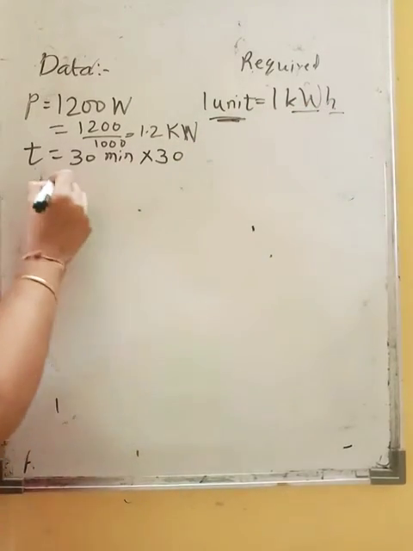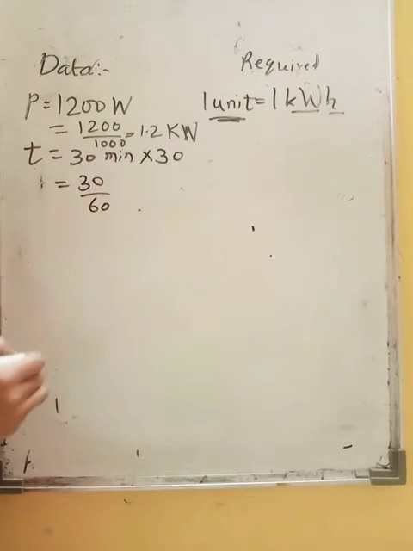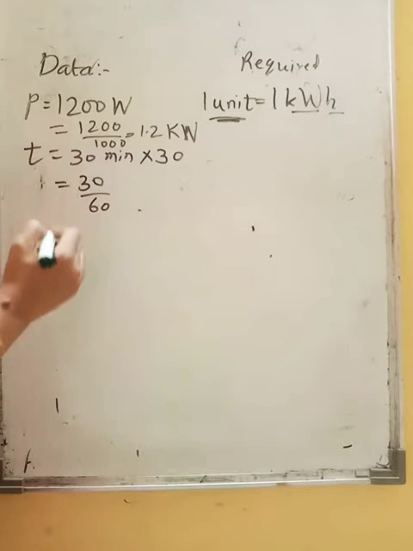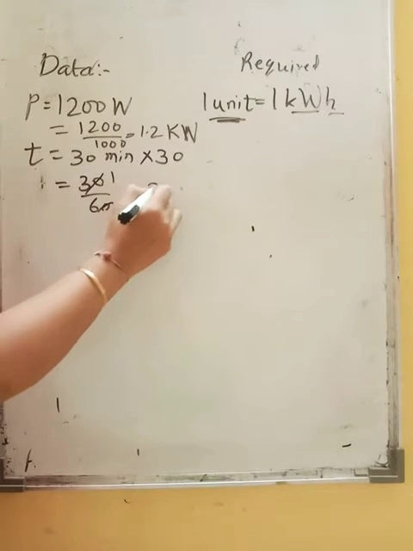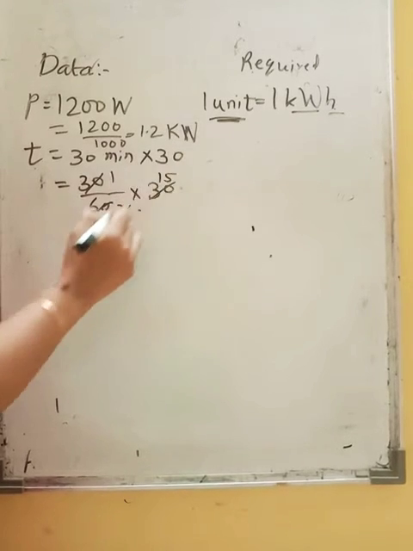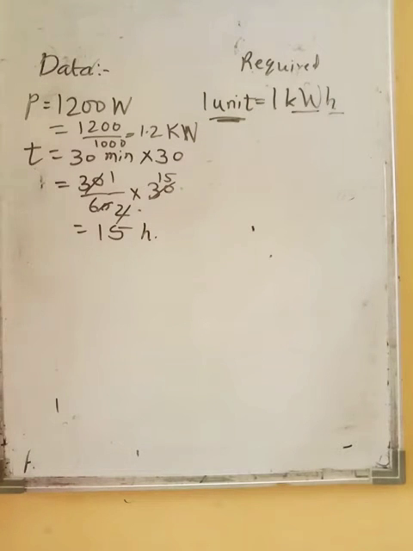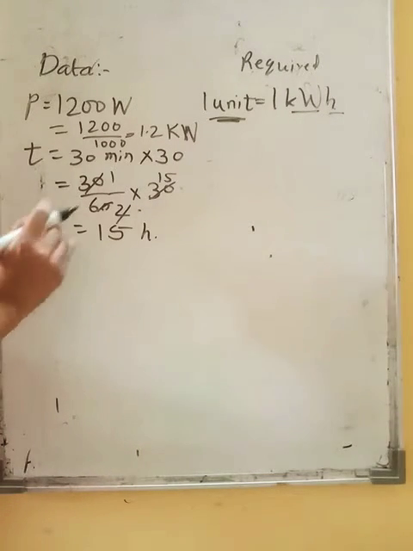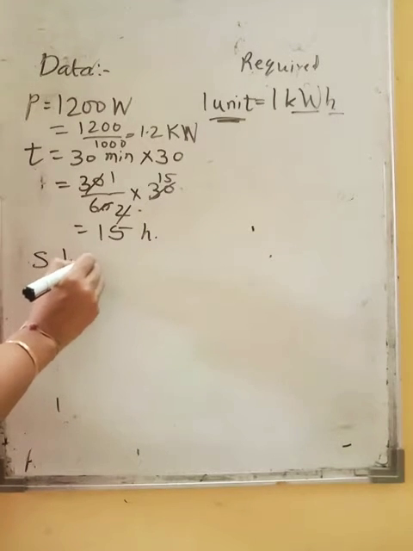And now I have to convert the time into hours, because the answer is asked in kilowatt hour. So 30 minutes means 30 upon 60 hours. Right, half an hour. 30 minutes means half an hour. See this, and then 30 of this. Yes, miss, answer 15. So the answer is 15 hours. You used half an hour daily for 30 days, so in total you used 15 hours. Correct? So now, see, we have done maximum simplification. Now let us go to the solution.